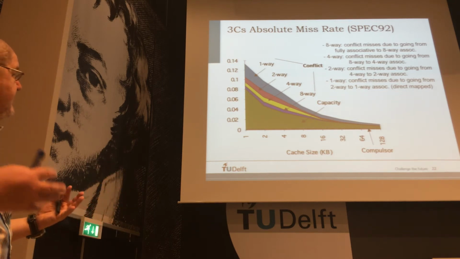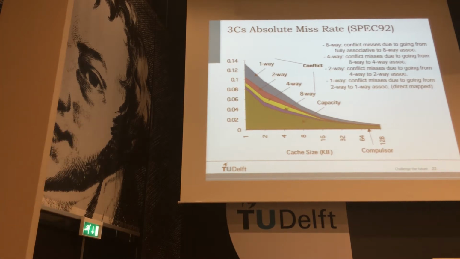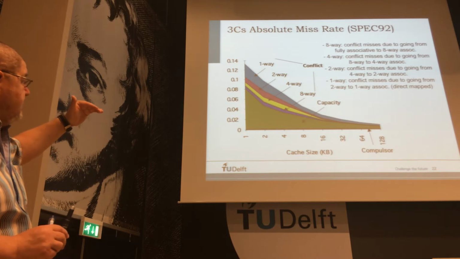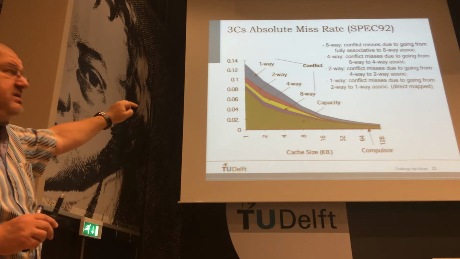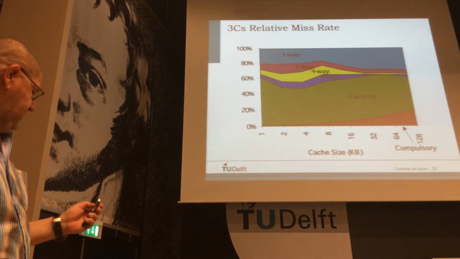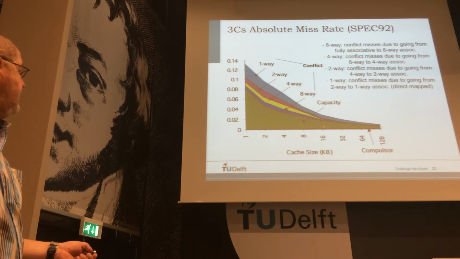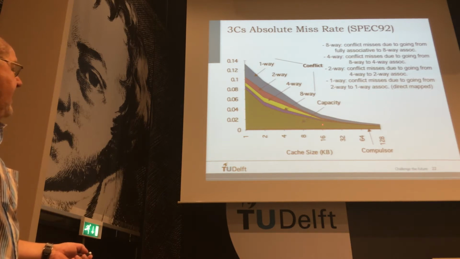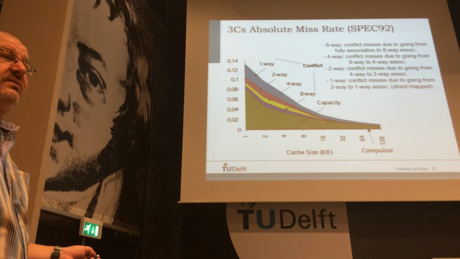When my cache is large, very few of them are from there because I have enough room. Now, on top of this compulsory and capacity, I may have more or less misses from the conflict depending on the associativity. If I have an 8-way associativity, I only add the blue, then I have capacity. If I decide for a certain design, let's say 16 kilobytes, capacity is something that I cannot avoid, and that's my biggest problem. And the conflict is actually very little.